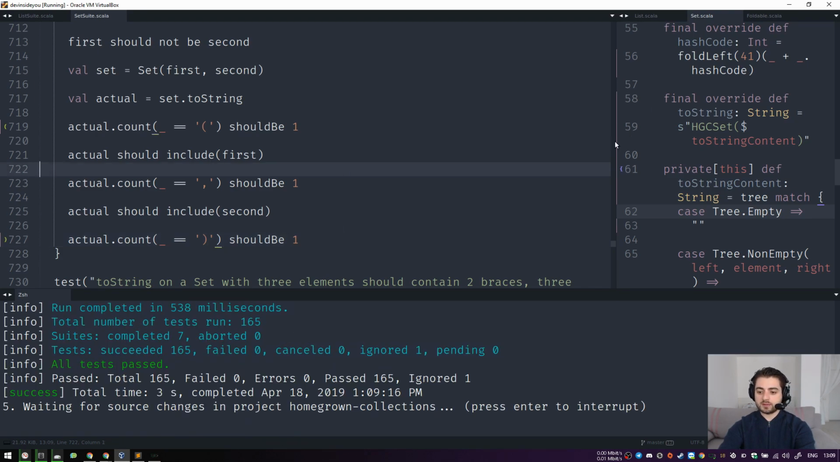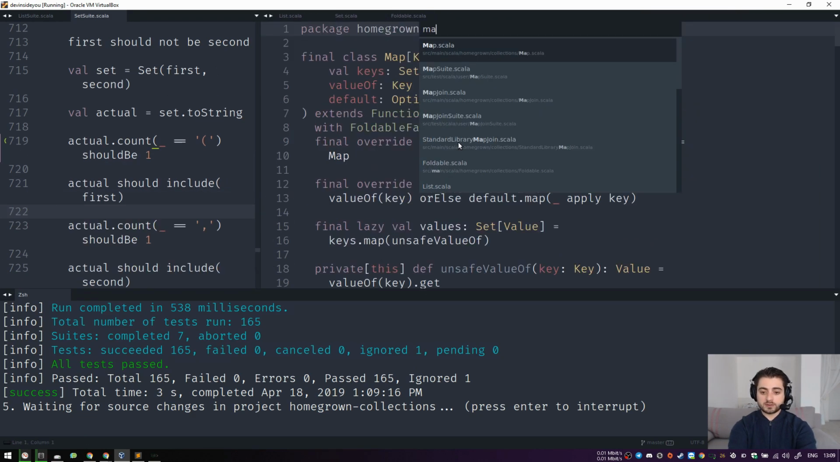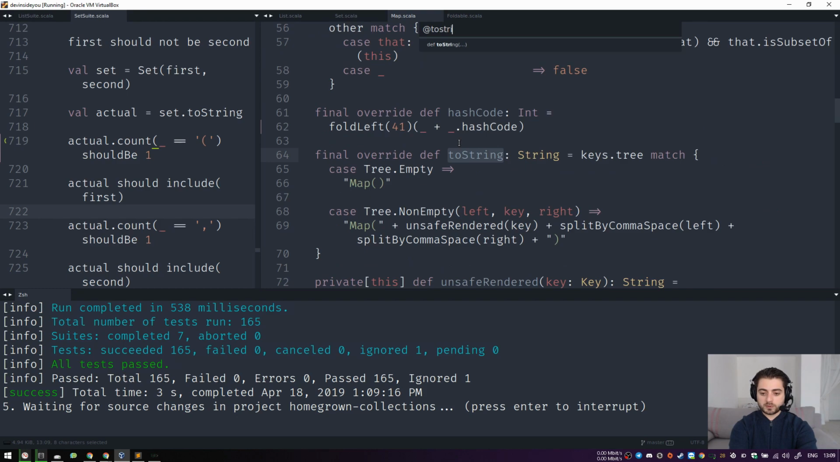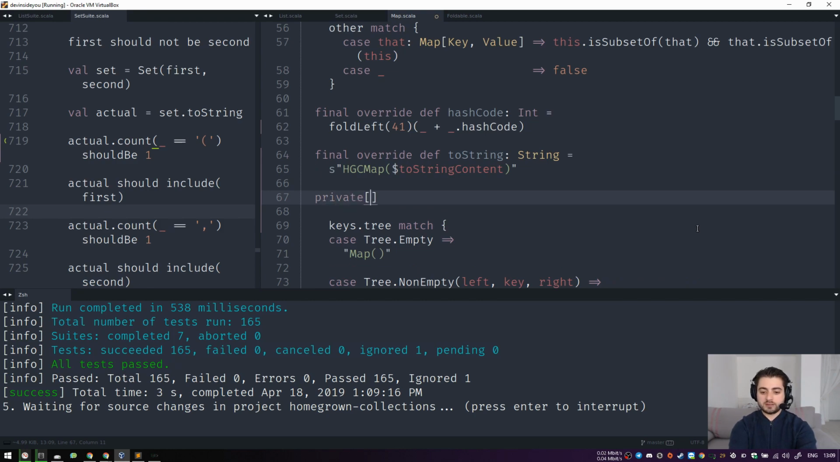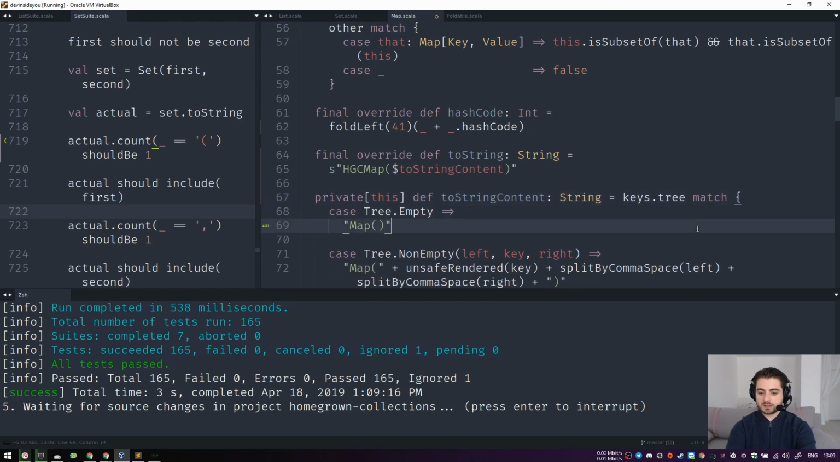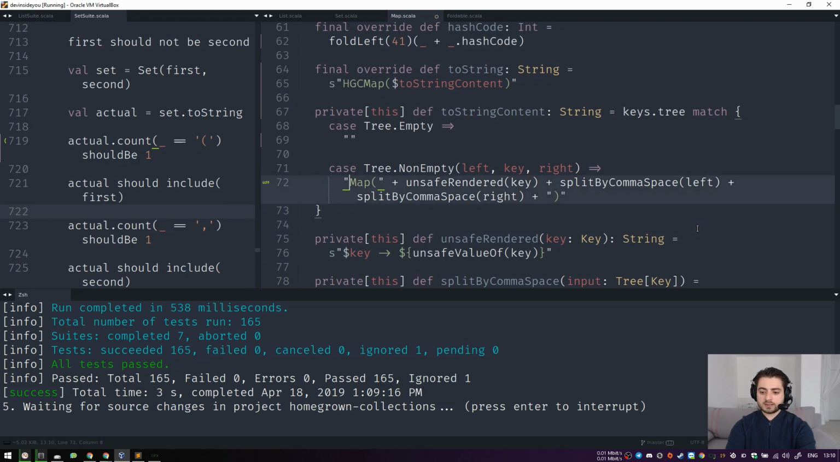Okay, let's do the same thing for maps. Let's go to map.scala. What do we have? ToString. We have ToString over here. All right, so same trick. Let's go down like this. Let's use string interpolation over here. Let's do HTC map, and we're gonna have ToString content. Close it over here. So we're gonna have a private this def ToString content, which is a string. So over here we're just going to do this, and over here we're just going to have an empty one. And over here, instead of using string interpolation, we probably are going to use